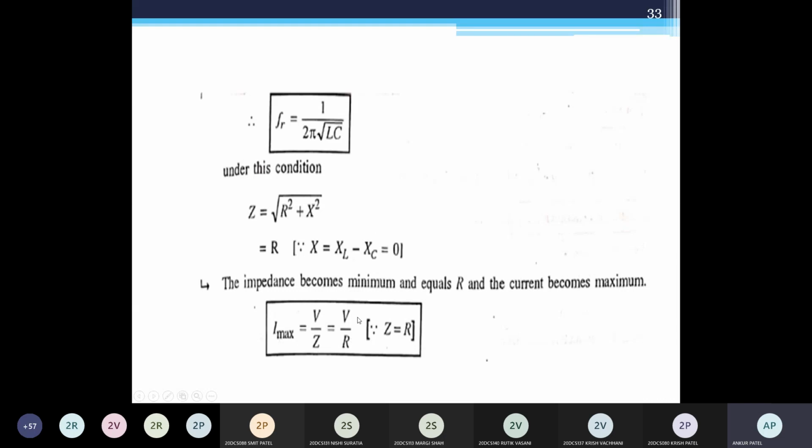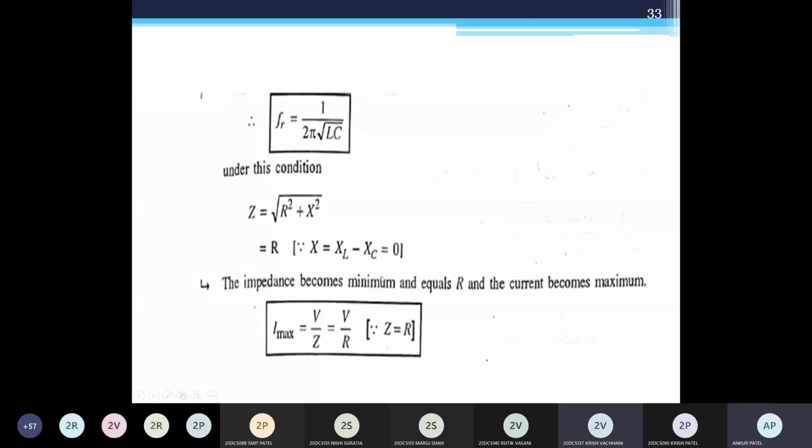So I max is equal to V by Z. So when an RLC series circuit is given, if the resonance condition is given in the examples, then don't make a mistake. Don't use this V by Z. You have to use V by R during the resonance condition in the example. Most students make the mistake: if I ask a resonance example in the exam, they just use V by Z, but they are not reading that the resonance condition is given. Are you getting what I am saying?